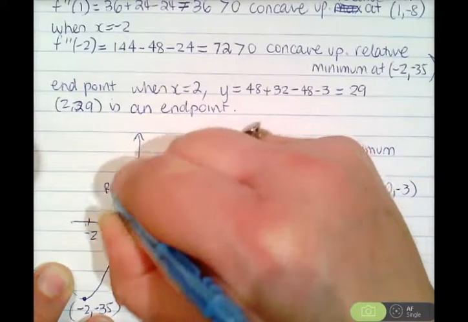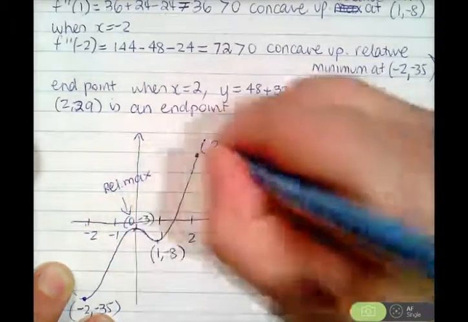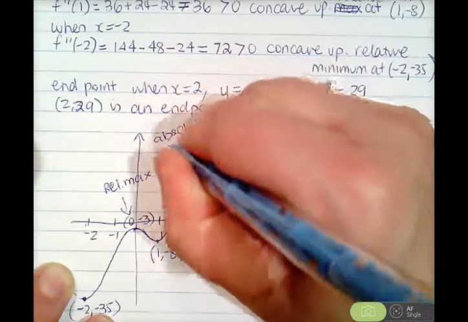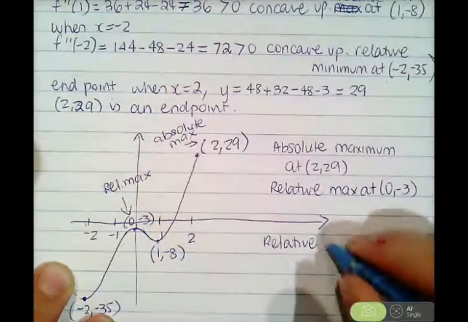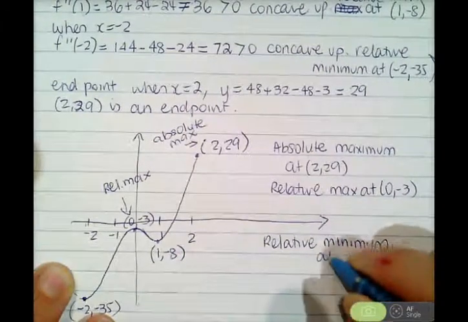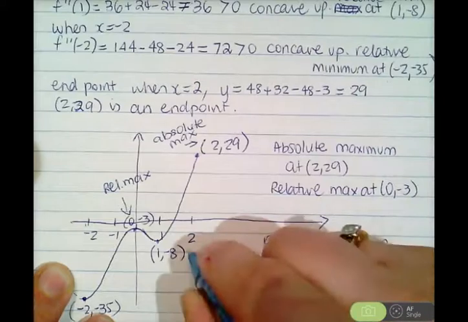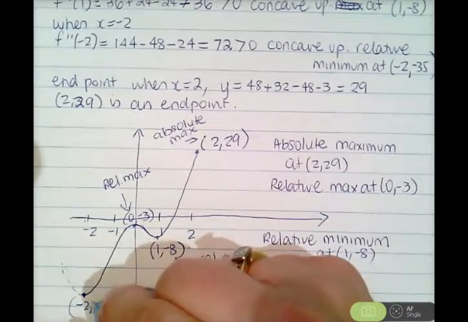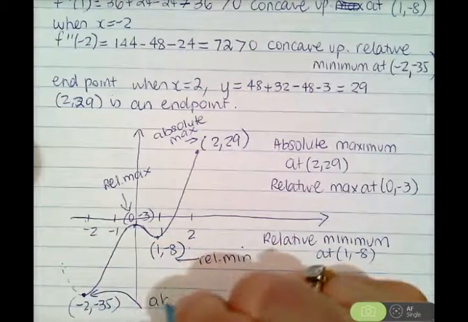This is my absolute maximum. I have a relative minimum, which is just an ordinary minimum, at 1, -8. So that's my relative minimum. And here I have an absolute minimum